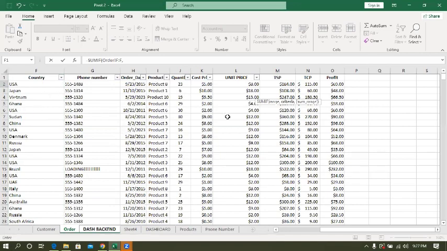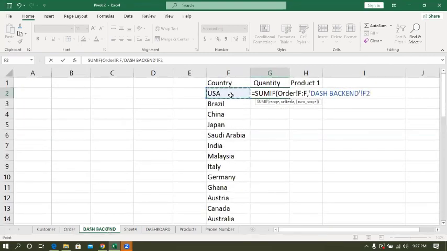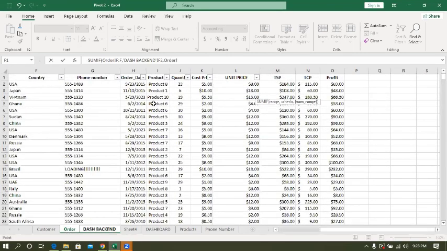Then now what is the criteria? The criteria is we want only the United States. That's the criteria. United States. So now the next thing it is asking is our sum range. So now it's asking us, what am I summing? So now we go back there. What we wanted to sum is quantity. So we want to see all the quantity that was bought from people in the United States. So now quantity becomes our sum range. That's all. We close